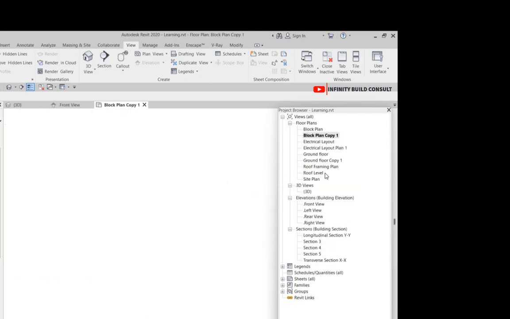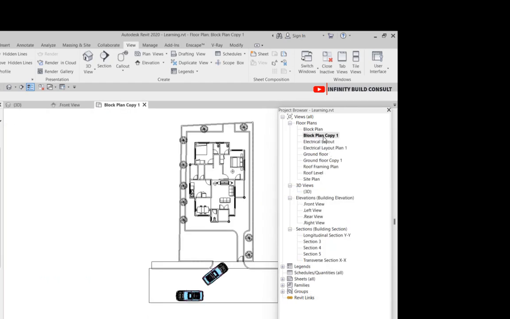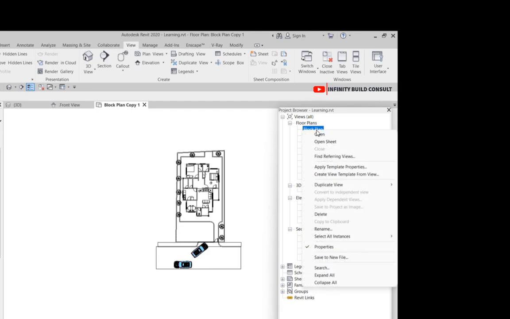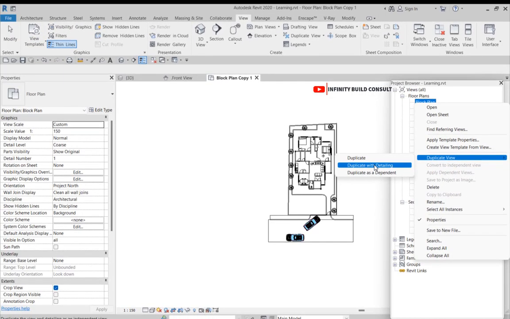I will get another duplication of my block plan. And also we have types of duplicate. When you right click, you can duplicate with detailing, which means everything that was in the block plan, you are going to get it when you duplicate with detailing. But when you do just duplicate, it just duplicates what you want without any details from the old drawing. And also we have duplicate as dependent. It means